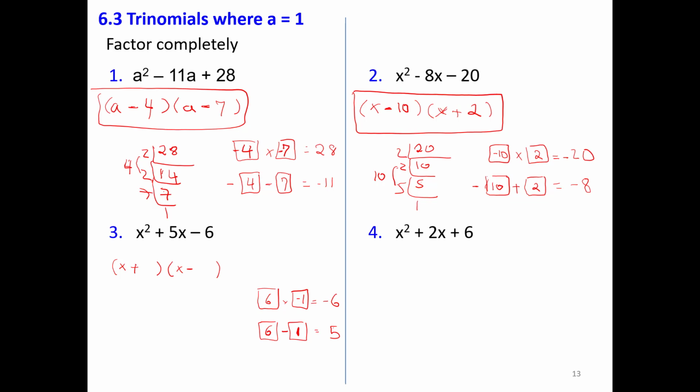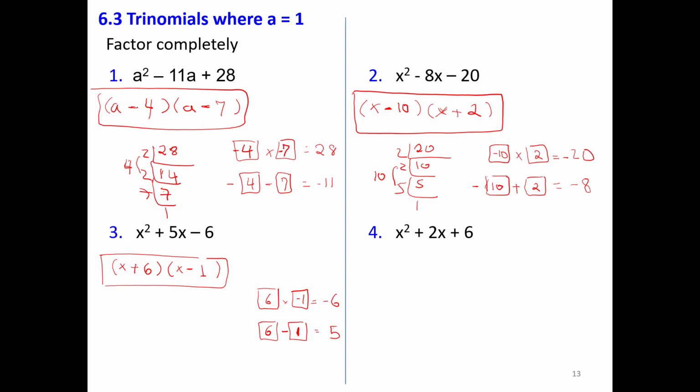Then the numbers in this case, yes, sometimes we also need to think of other possible factors. Even if we find the prime factorization, we don't get the answer directly. Here, 6 is positive and 1 is negative, and this is the factorization for this trinomial. In the last case,